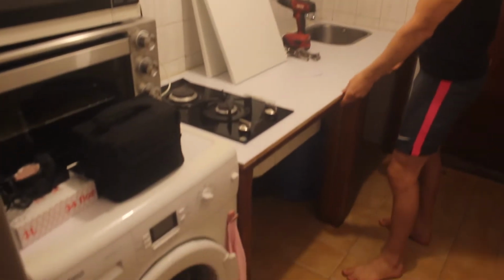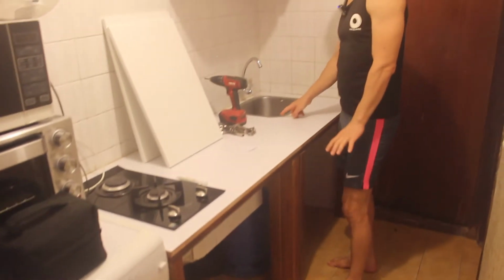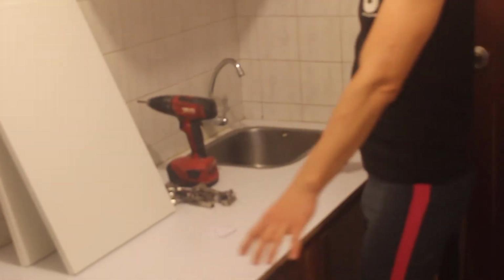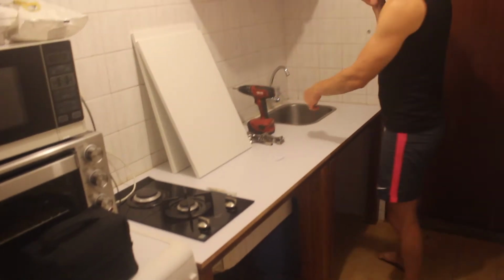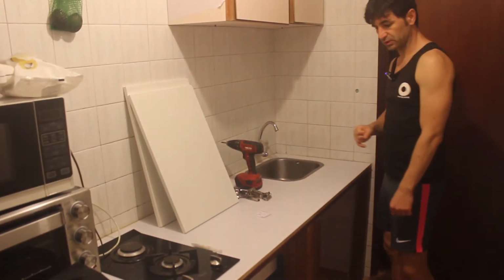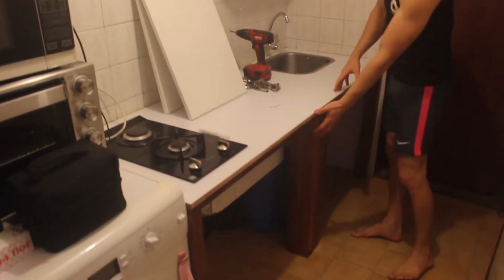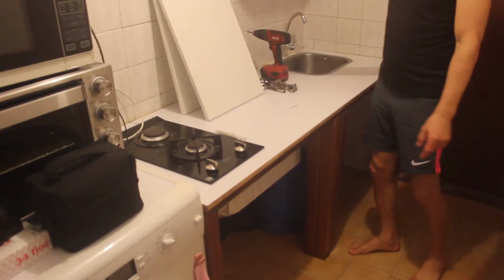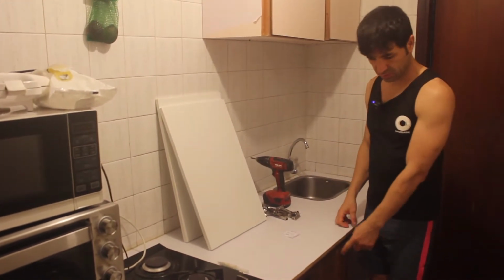Made the base, and then we made the hole to put the sink on, and made a hole to put the stove on, and then silicone all around it to make sure the water does not go in. When I was putting the legs, I make sure that okay, this is the size of the door that we have. You gotta make sure